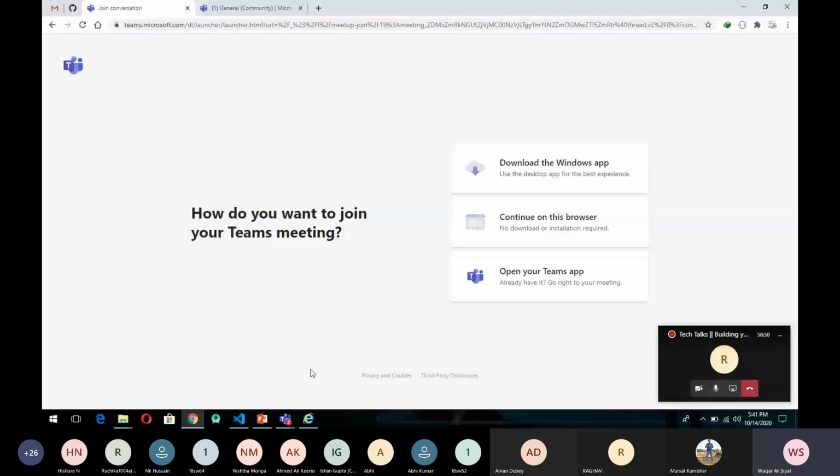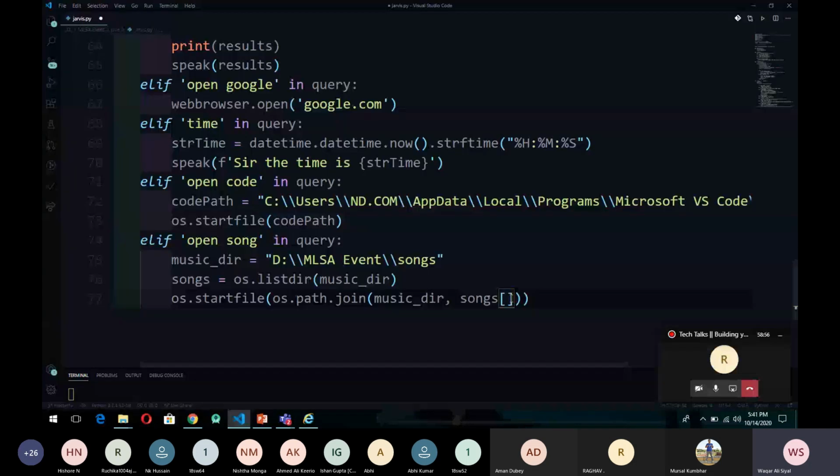If I write 0 here, it means the first song, but I am generating a random integer between 0 and 3. This 0 is included but the second argument is excluded, and here n is 3, so it will generate a random number from 0 to 2 and play the song randomly.